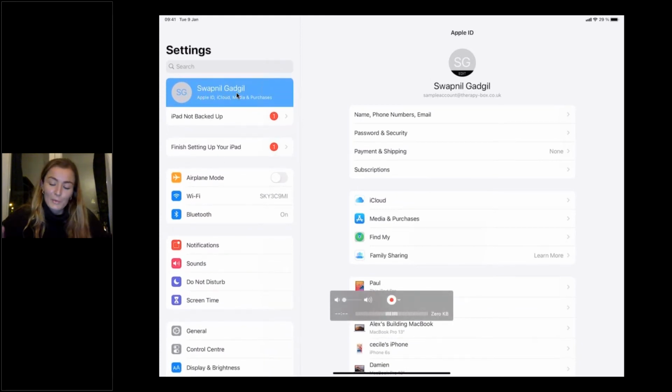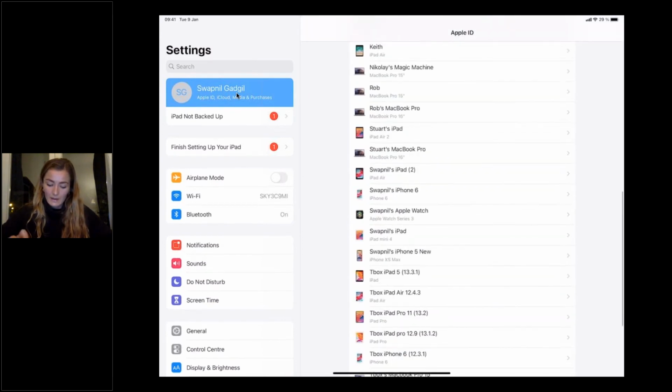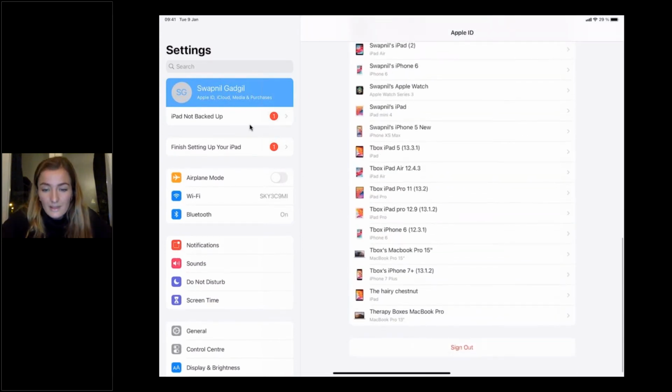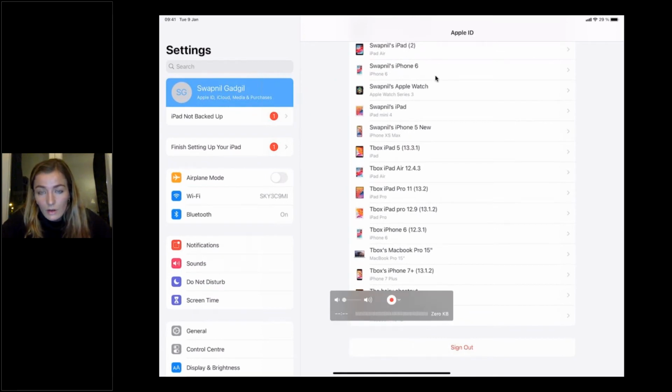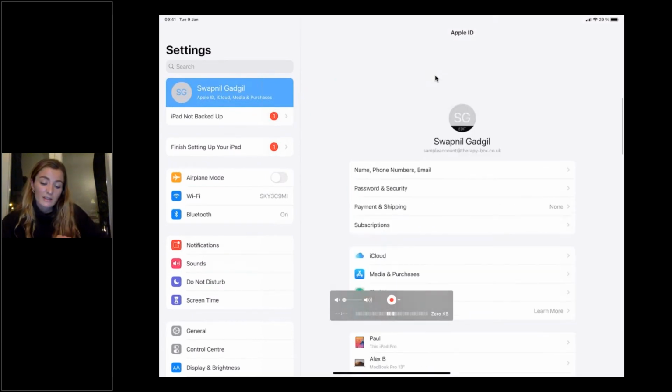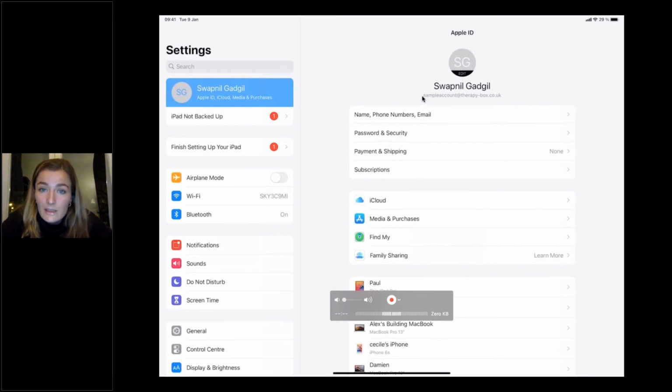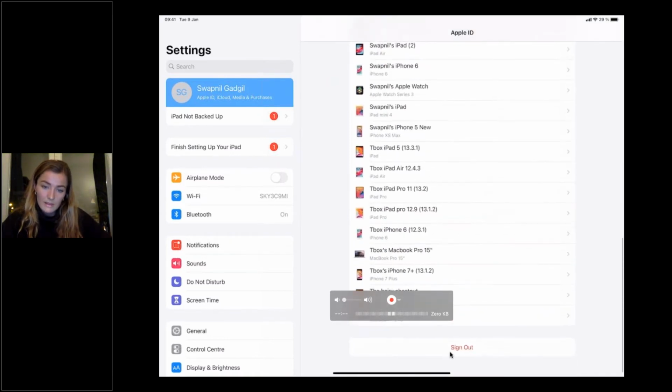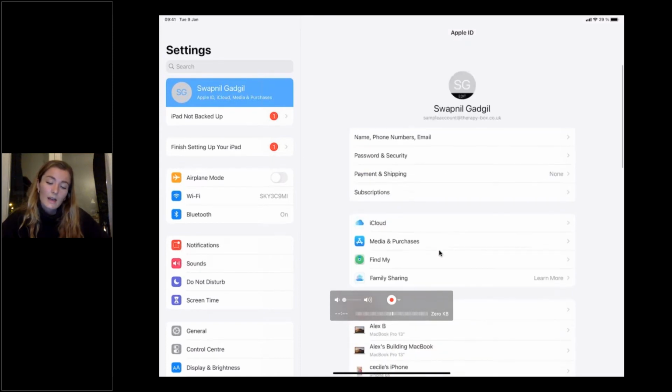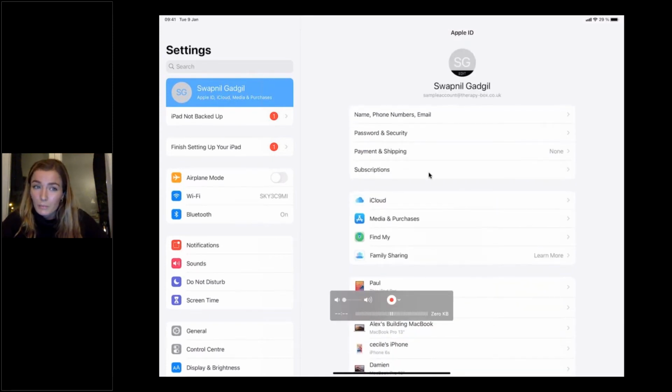That's my work iPad, so that's not my name, that's my manager's name. Then make sure that this Apple ID, this email address, is the same as the one on your secondary device. If it's not the case, you need to sign out by selecting this button, and then sign in to the same Apple ID as the one that purchased Predictable.